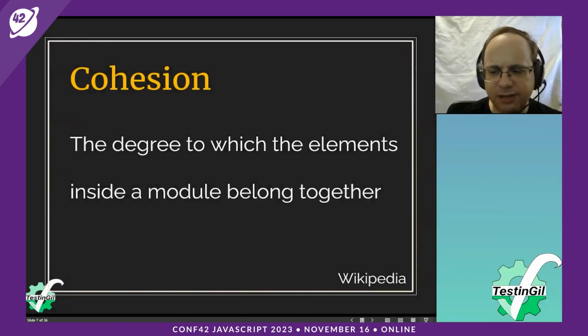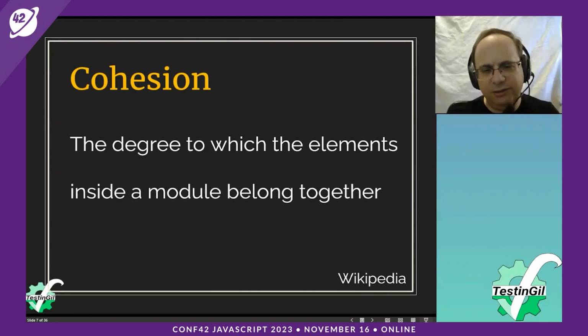So what are these things that I mentioned? Cohesion, I read on Wikipedia, is the degree to which the elements inside a module belong together. Like I said, code that deals with something needs to be in the same place. The same place could be a package or something. Think about if you have code that does things in the UI and the API and the database layer,